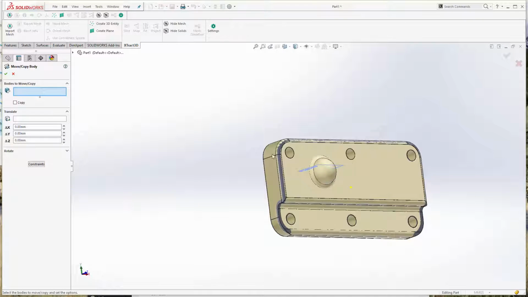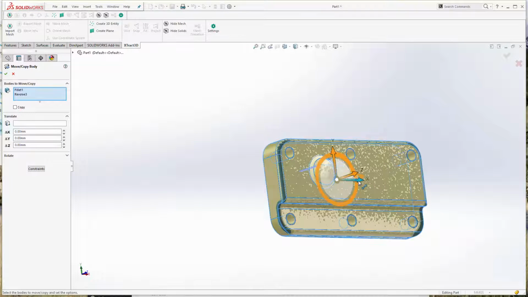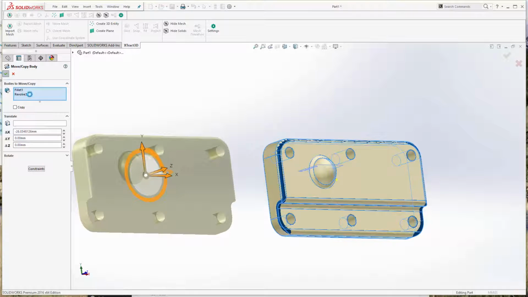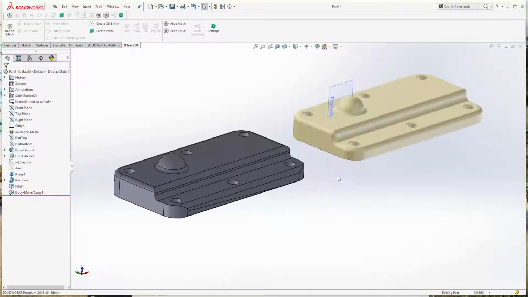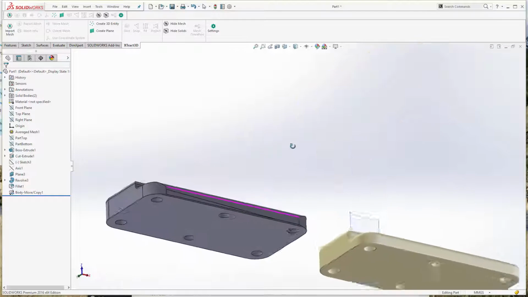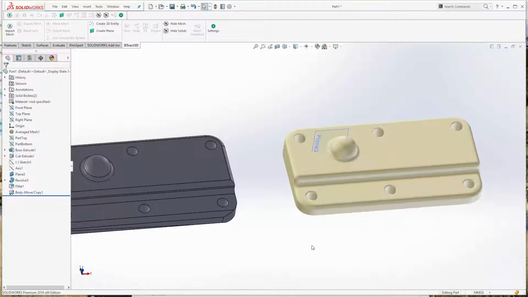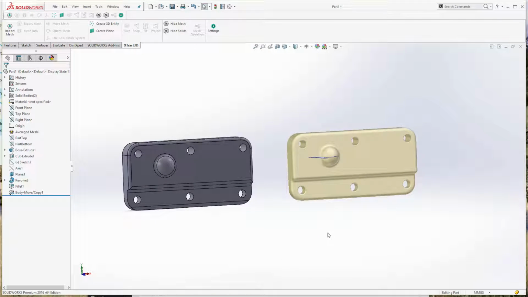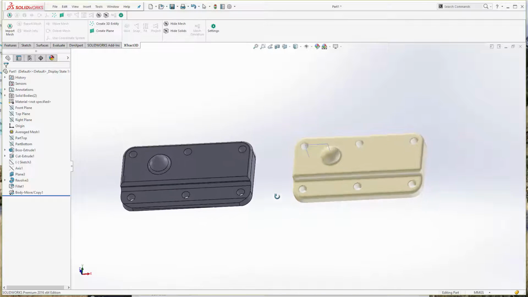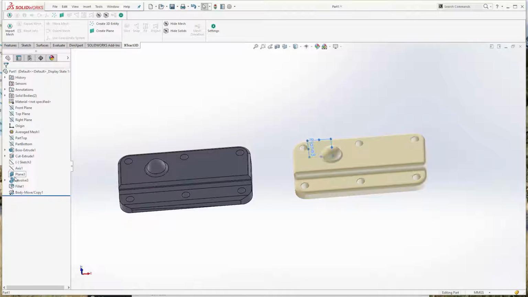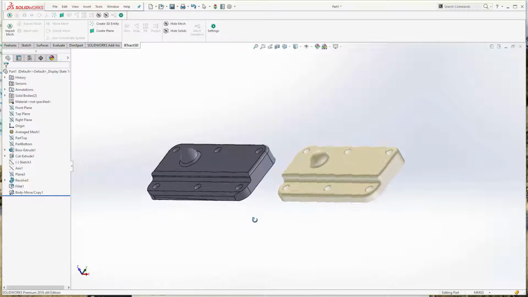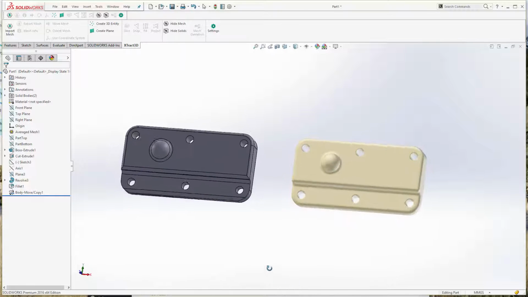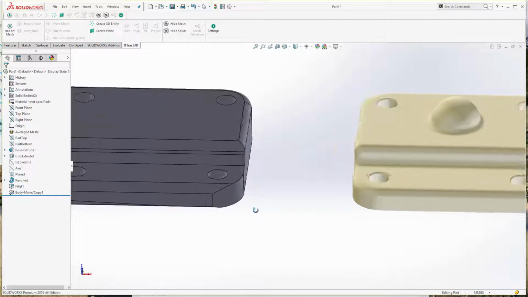There you go. So there you have it. We have our CAD part to the left, and the scan part that we originally started with on the right. Hopefully this gives you a good idea of what it takes to generate a CAD file from a prismatic part like this. As you can see, it's relatively straightforward, but you do need to do some planning